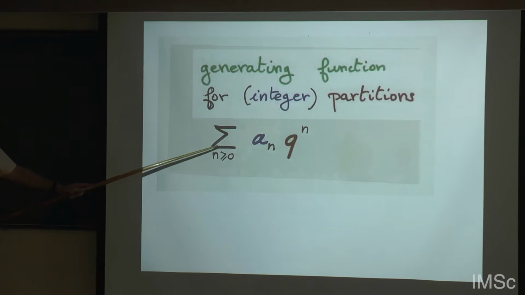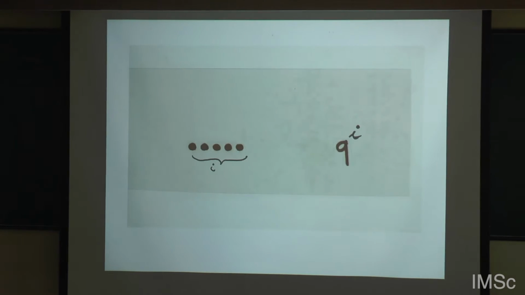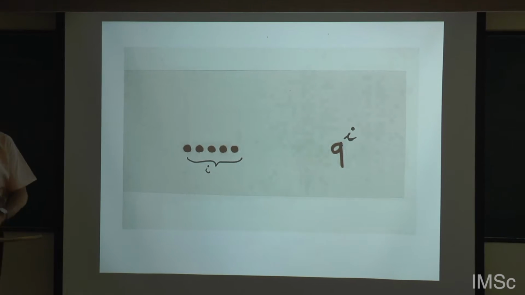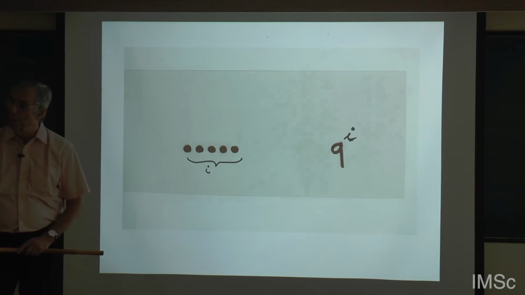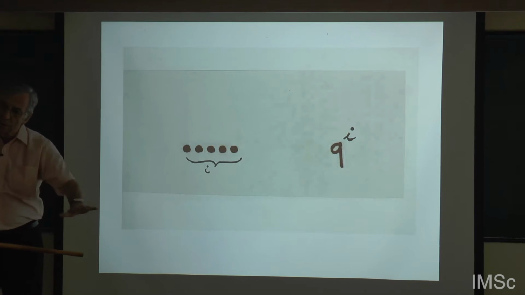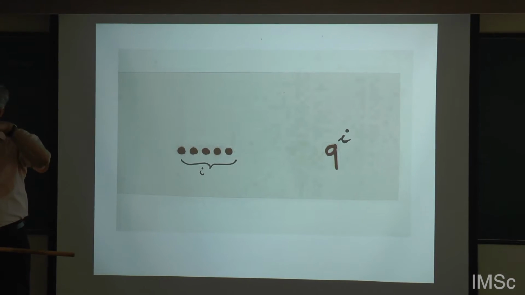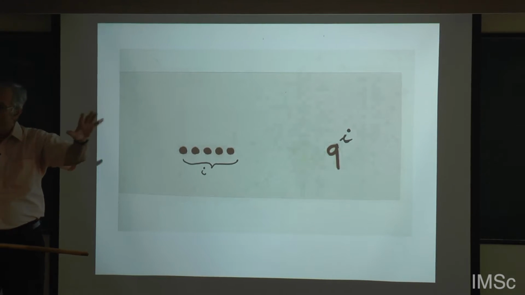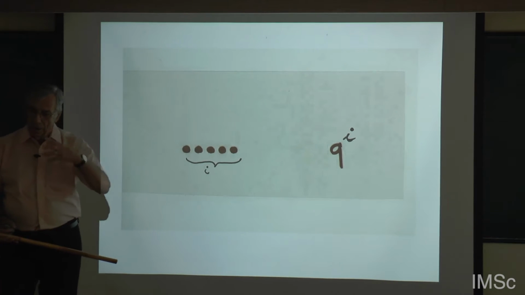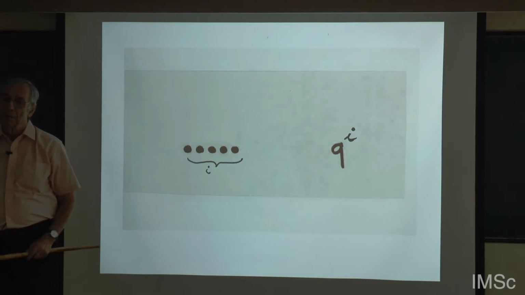So it is a very important tool in combinatorics, this generating function, formal power series. And then of course there is a calculus, an algebra of formal power series. You can take the sum, the product, substitution, everything. And all this calculus at the formal level, at the analytic level, can be lifted at the combinatorial level. You can define the sum of two combinatorial objects, the product, the sequence, etc. And I'm going to define what is a combinatorial object. A partition is a combinatorial object.